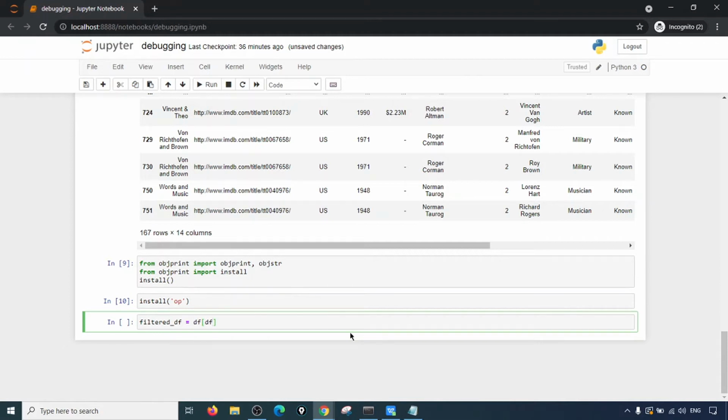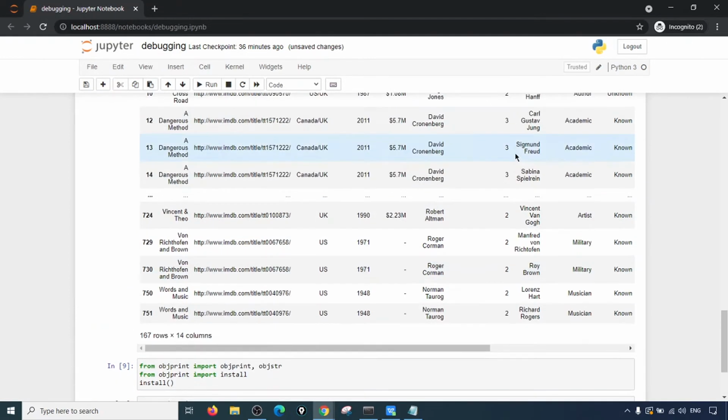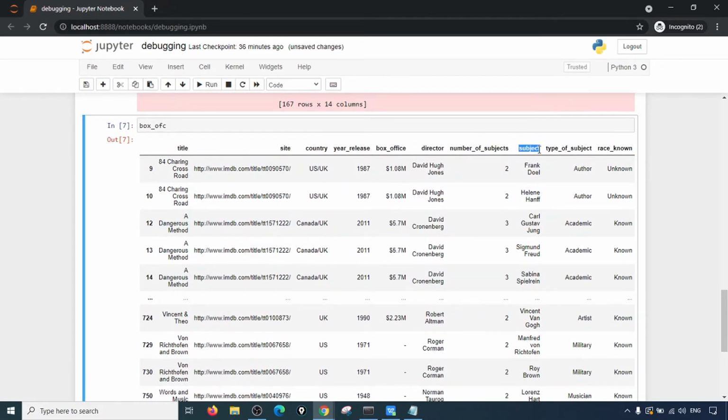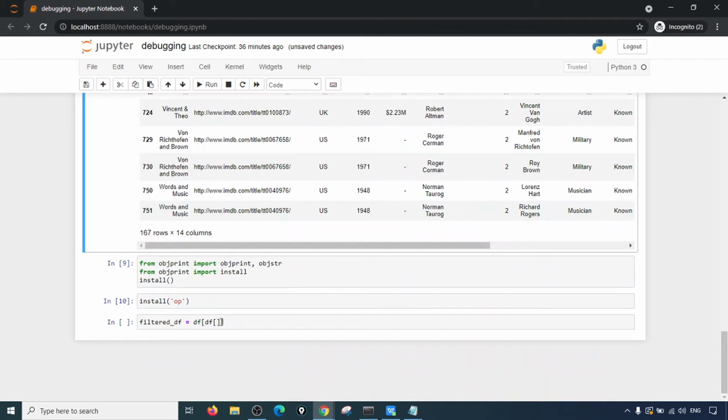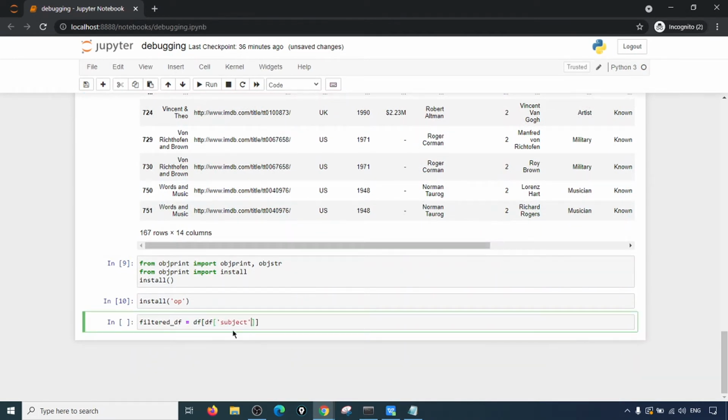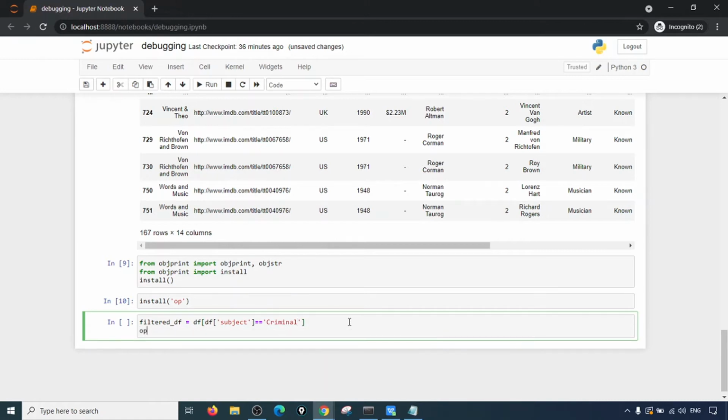I would say df, and the subject is this, and I would say subject, and this is going to be equal to criminal. So how many movies are there like that? I have to print this filtered df, and if I have to do op filtered df,